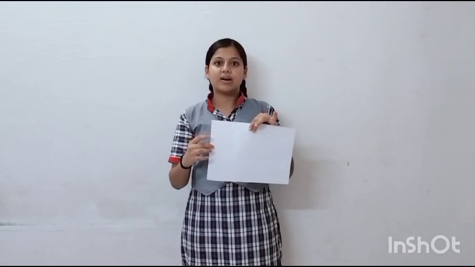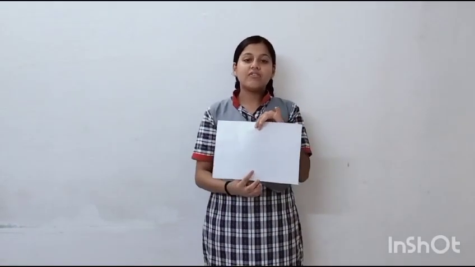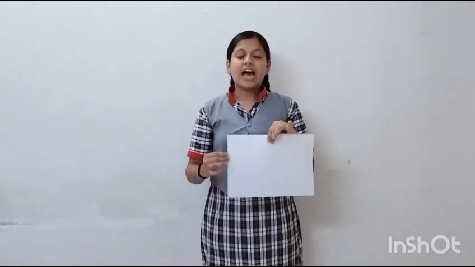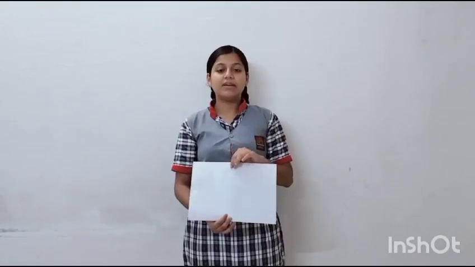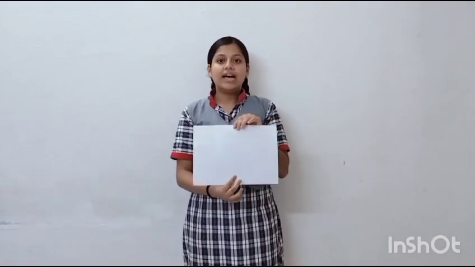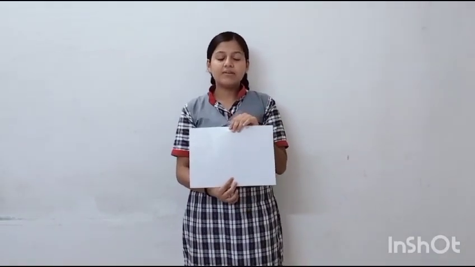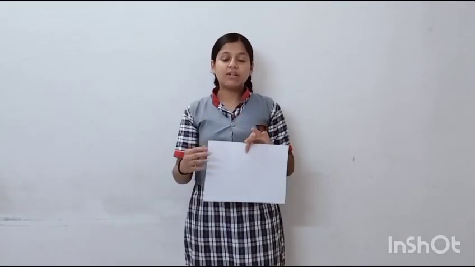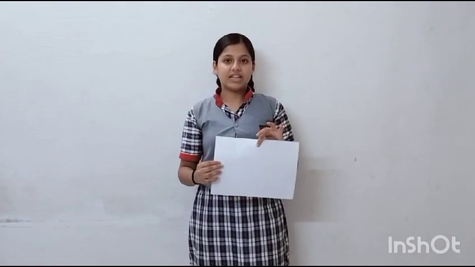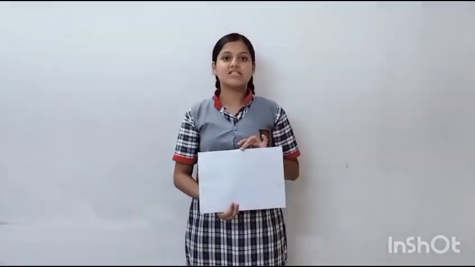When the value of W is 7.5, the area is 78.75. When W is 8, the area of this rectangle is 80. And when W is 9, the area of this rectangle is 81. So in this table we have seen that the highest area is 81. We put the equation 18 minus W into W, then we take the limit W equal to 9. So we will get the area equal to 81. This is an application based on this activity.